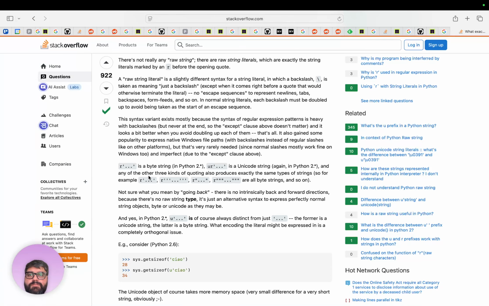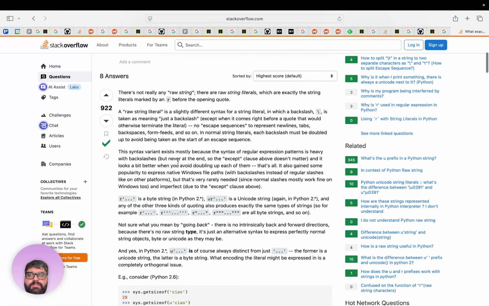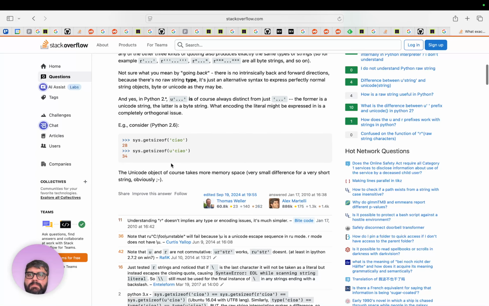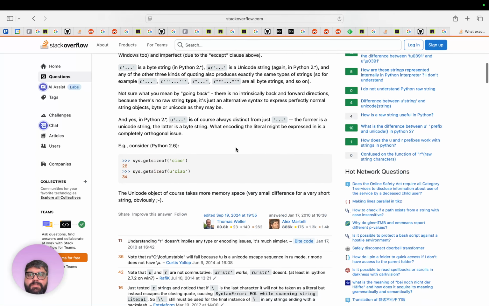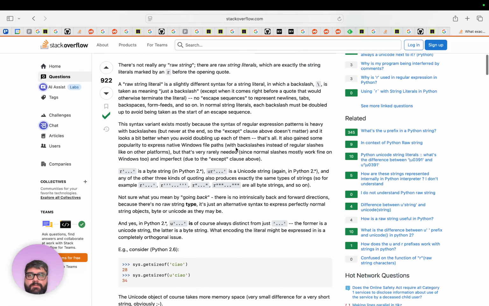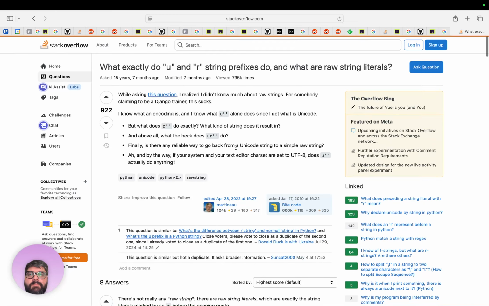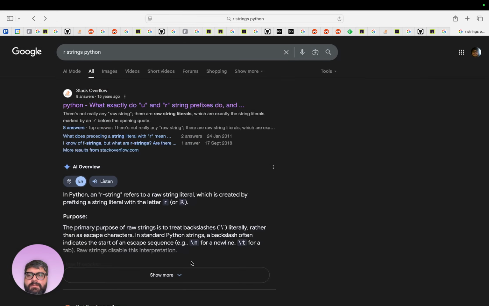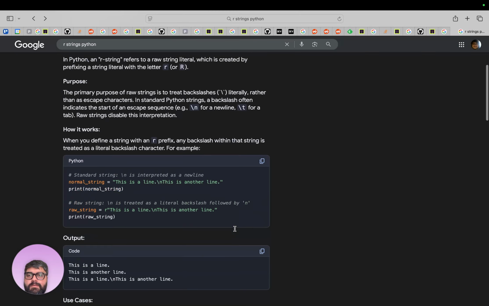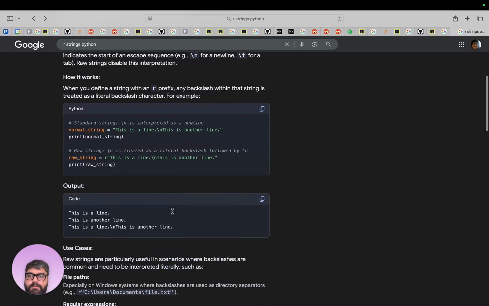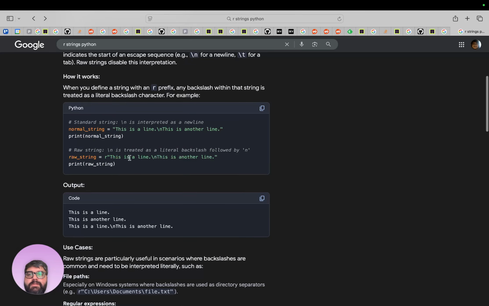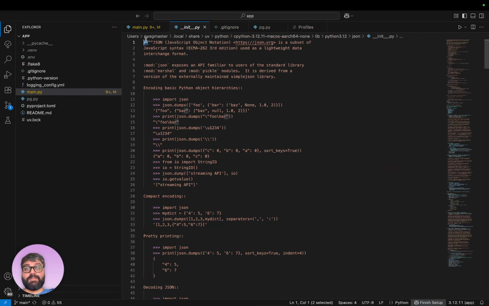So it seems like if you put R before it, it's the literal string. And then U is for Unicode, which obviously doesn't matter anymore. And this is talking about Python too. Okay, so it is literally just the string literal. So that's what an R string is.